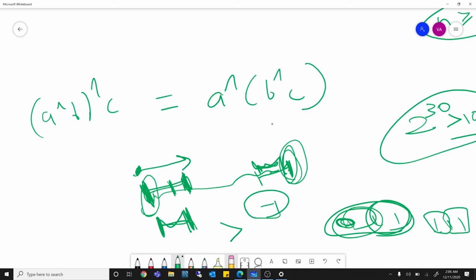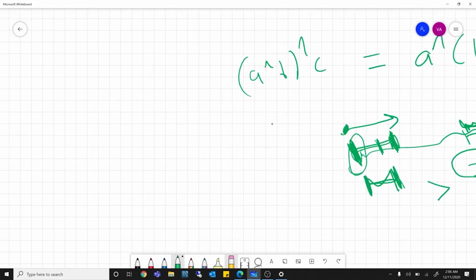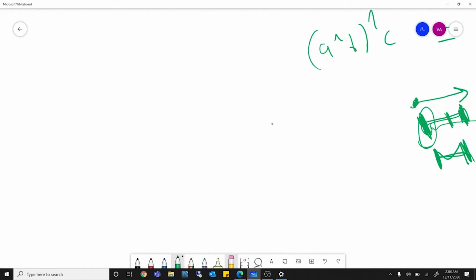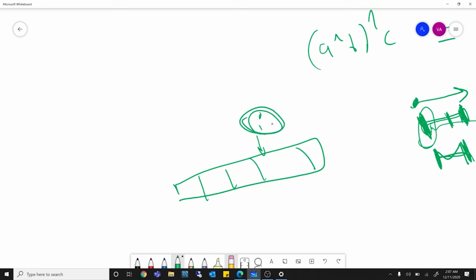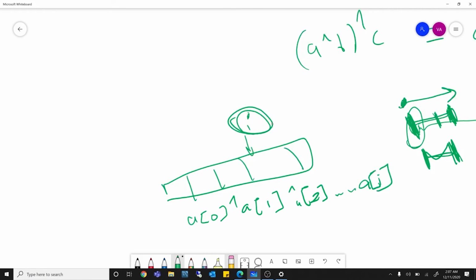So first of all, what we'll do is we'll create a prefix array. So instead of using the direct array, I'll create an array in which I'll store the XOR of all the elements until that element. So if this is my array, and my I is at some position, I'll transform this array into having the XOR of A0, XOR A1, XOR A2, and so on till XOR of AI, sorry. Alright. So I'll transform my array in such a fashion to create a prefix sort of a thing.